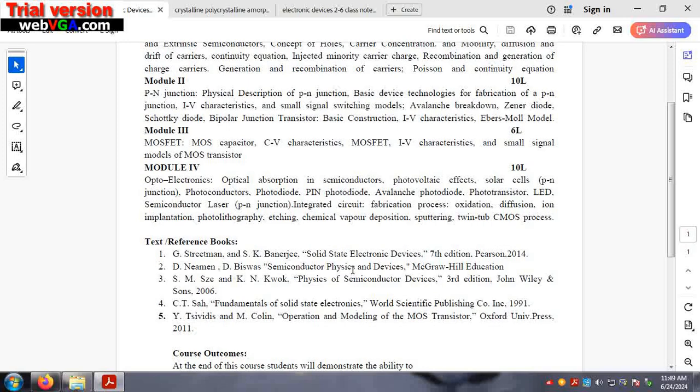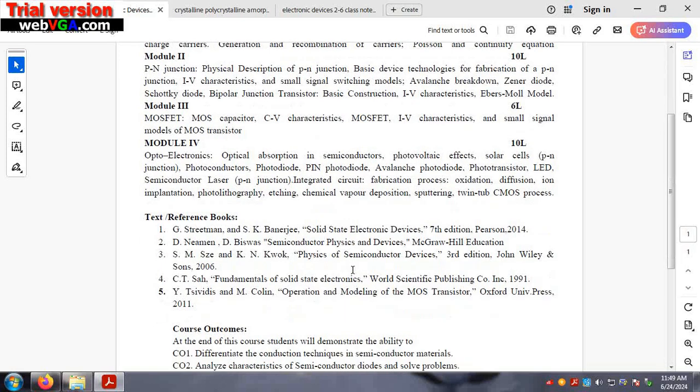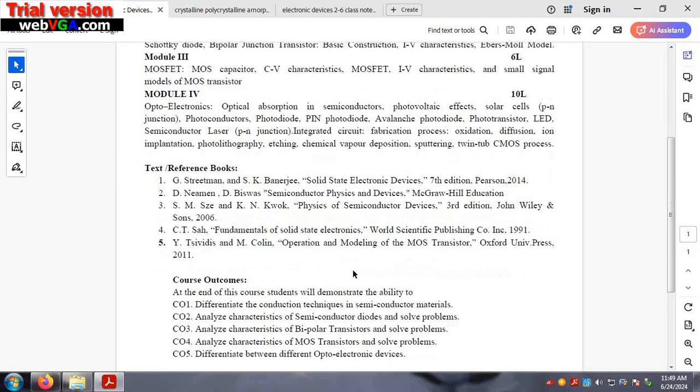Now if you consider the reference books, here you find several books related to this. These books are also available in our library. You may consult any of these books. Lastly,